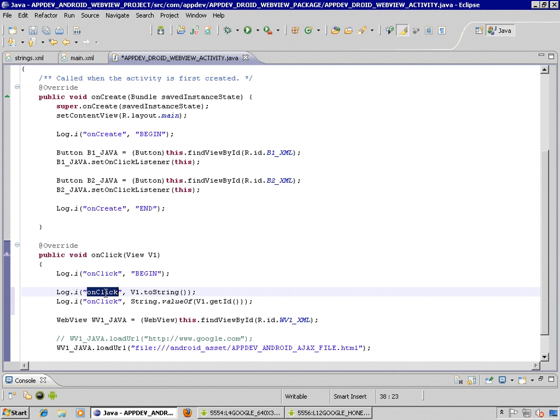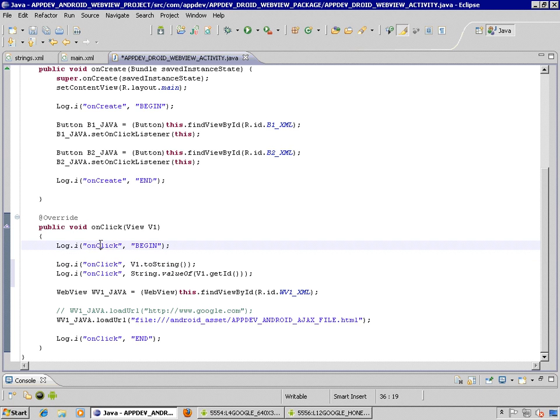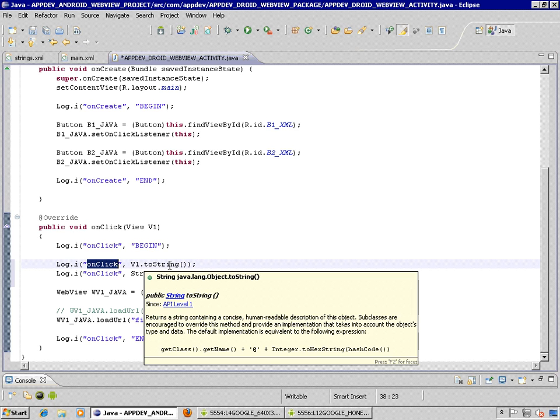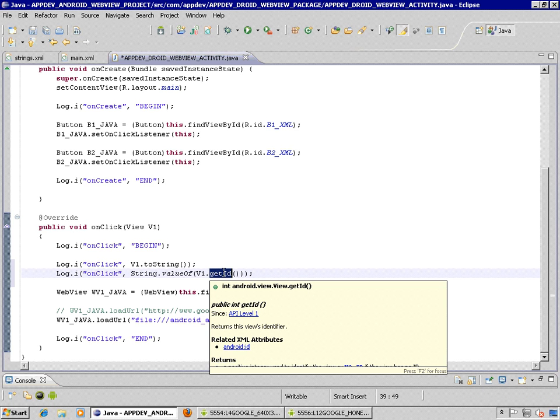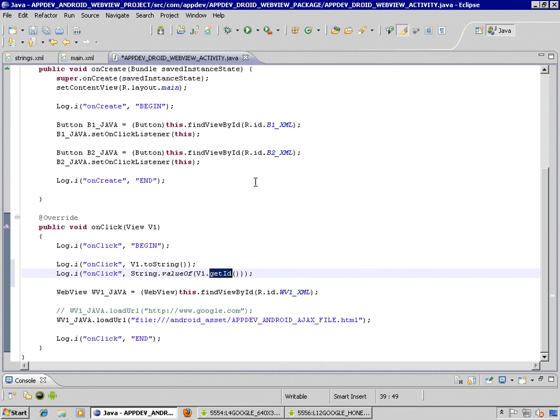So when we click on the button, we should see 4 different things. We should see a begin and an end in the log file. We should see a toString descriptor for that object, and also we should see the get ID. It should return an ID for that object. Now remember that we're using IDs,